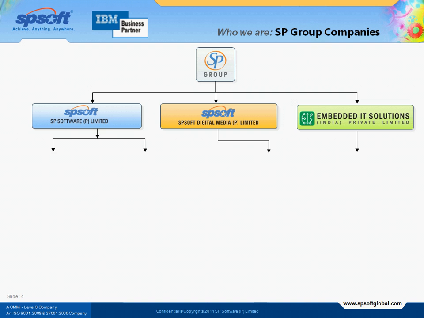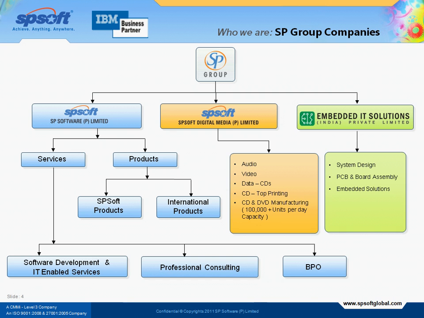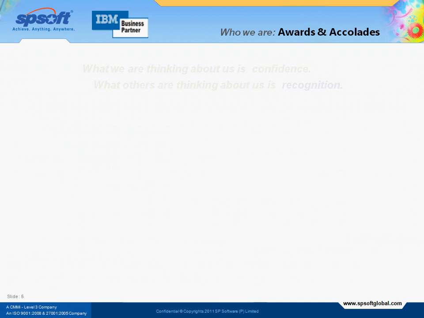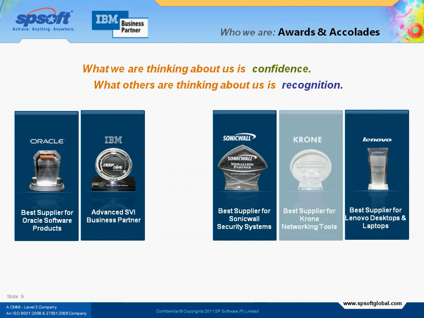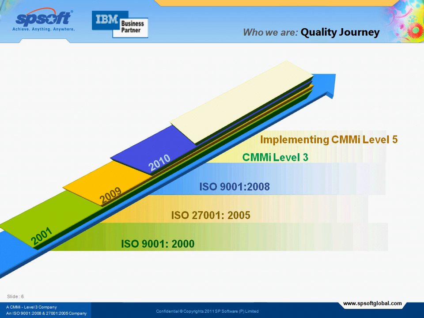And SP Group consists of SP Software Private Limited, SP Soft Digital Media and Embedded IT Solutions. Now we are representing SP Software Private Limited. All are based at Hyderabad. We are working with Oracle, IBM, Microsoft, Qualcomm, Lenovo, HP, Red Hat, and a lot of other software companies also. As far as our quality journey is concerned, we are already CMMI level 3 and trying to implement CMMI